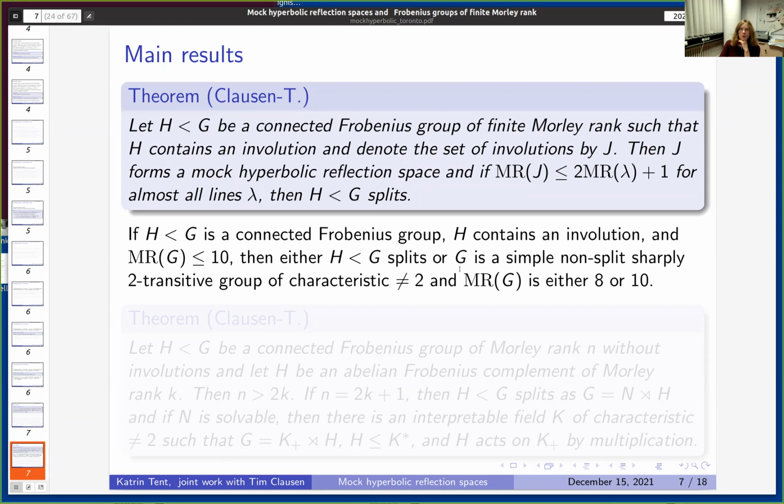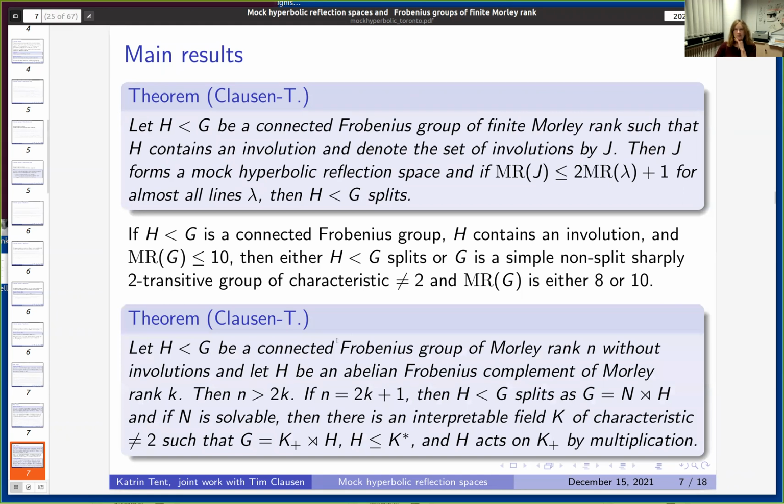Okay, so this is in the odd type case, and in the even type case, where we have a connected Frobenius group of Morley rank n without involutions. And here we also need to assume, like in the previous case, that H is an abelian Frobenius complement. We don't need to assume that the group is simple or full. So